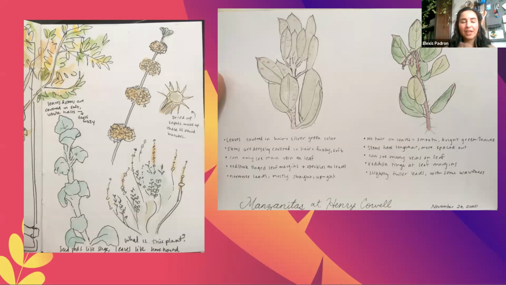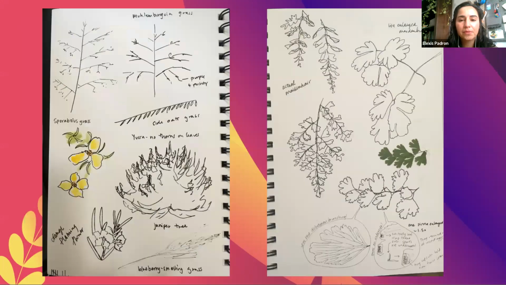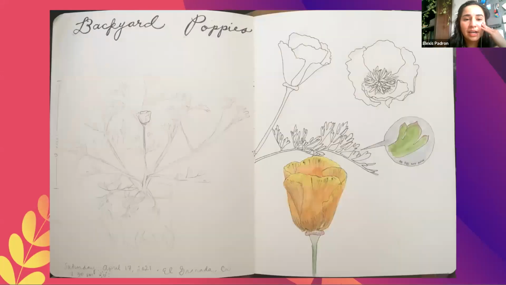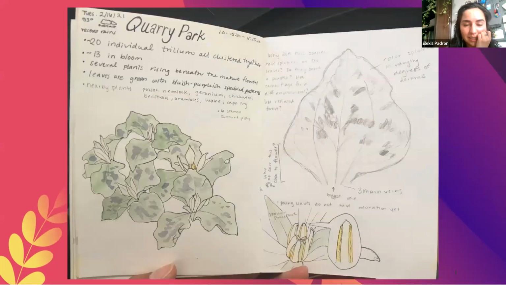If I feel like I need to get outside, I need to nature journal, I'll just go to my local park or my backyard. So this was in my neighborhood, right outside the door, or right in my backyard. I spent half an hour studying the poppies that grew there, which look for some reason very different than the ones that grow in other parks. And that's Quarry Park, which is also nearby my house,